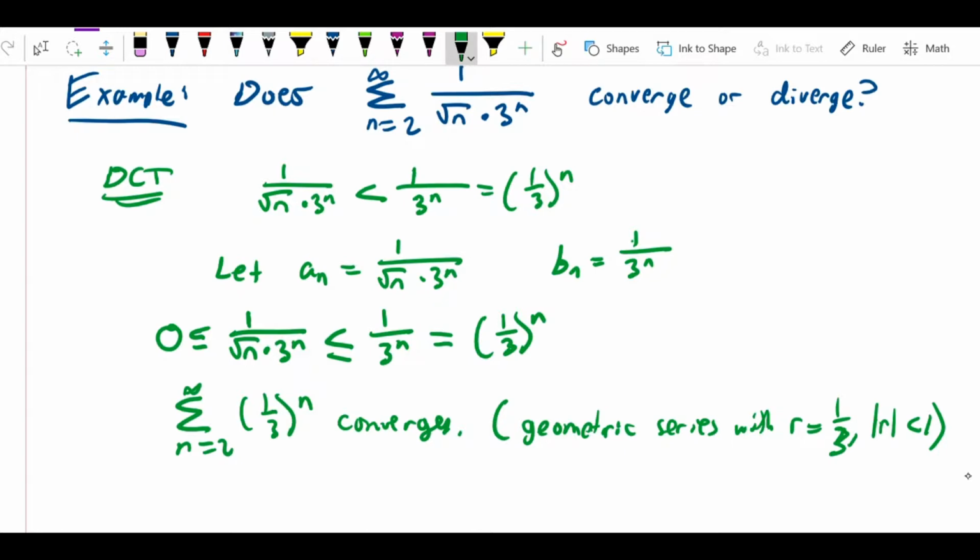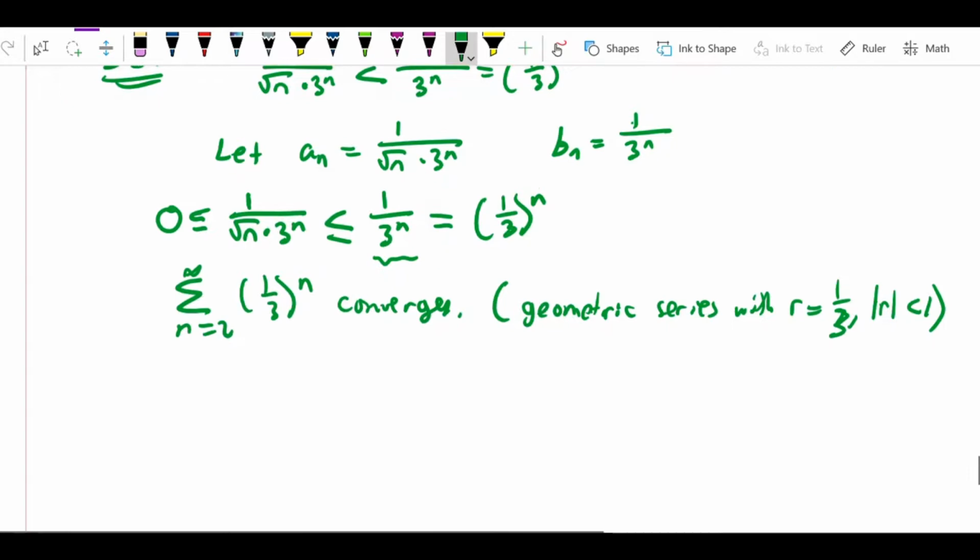You always have to, if you're comparing, and these are in fact comparison tests, if you're comparing the given series to some other series, you have to be able to make the argument that that other series in fact converges. And in this case, the reason it converges is because it's a geometric series with r equals 1/3. So therefore,